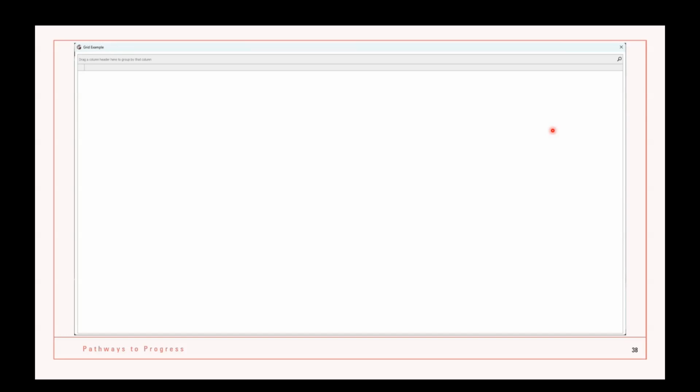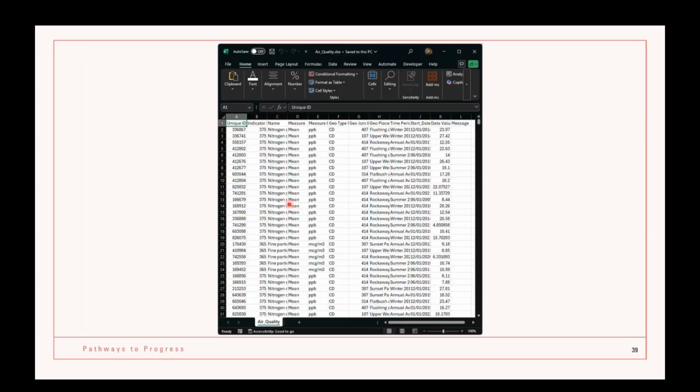Now, if I run that panel, I'm going to get an empty grid here. But I obviously didn't define any of this stuff, so it's just going to be an empty grid. But we want to load it with Excel data now. So I went online and I found a large Excel file. In this case, the data in it is air quality control data. It was just an easily accessible large data source, so that's the one I went with. It's called